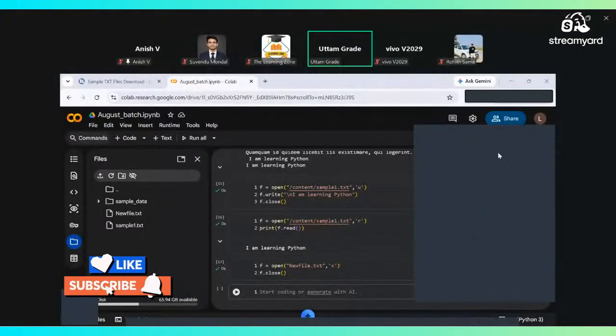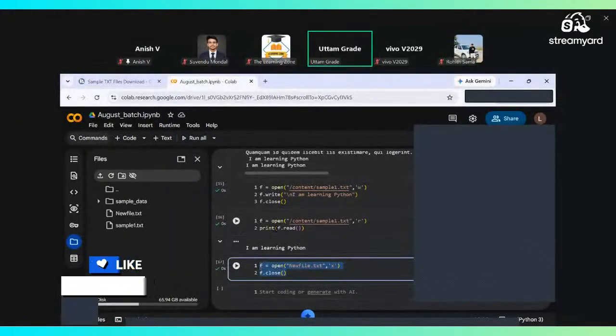How do you add content in a file? So like the code for it. So see, you have created a new file, right? And then to add content in it, you will be using the write function,